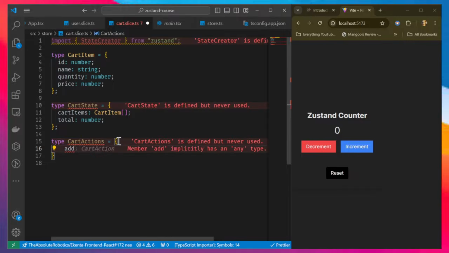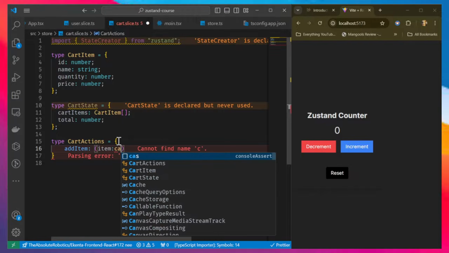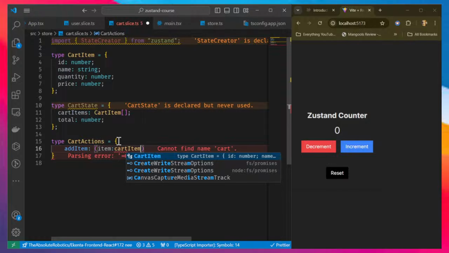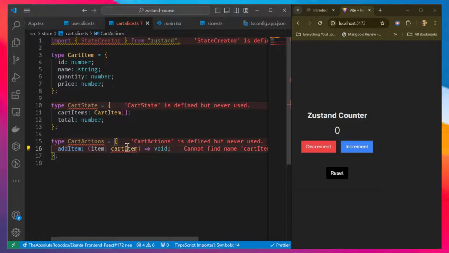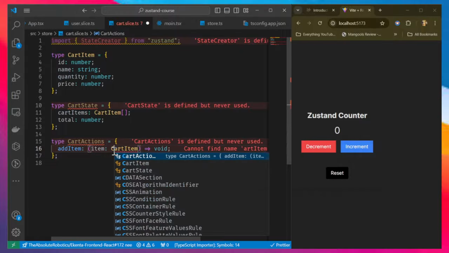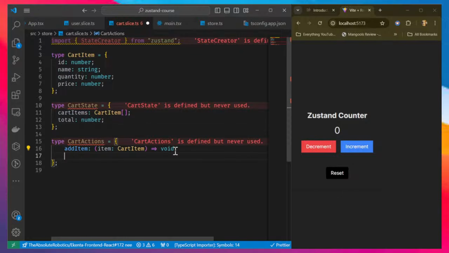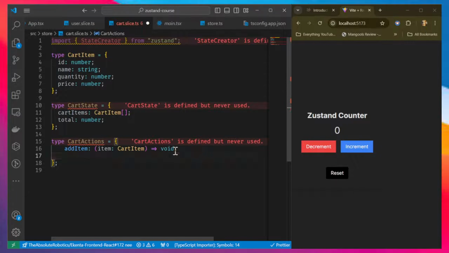So we're going to have the add item, a function to add the item. I'm going to call this item to cart item. You can choose any name you want that to be. So I'm going to put that to cart item. Okay, so cart item. Then let me do remove first. Remove item is going to have